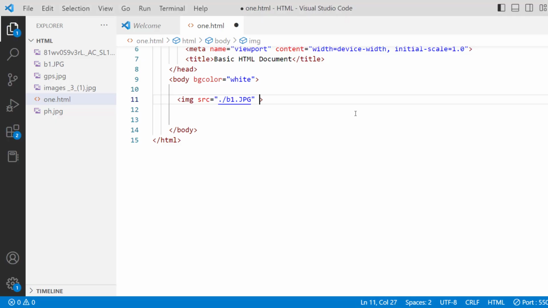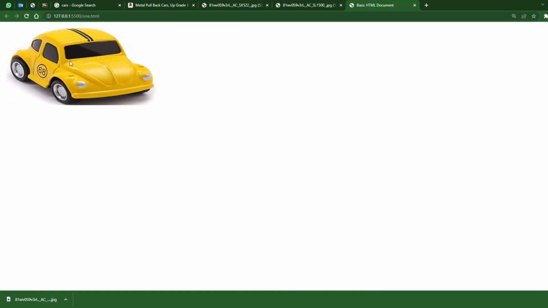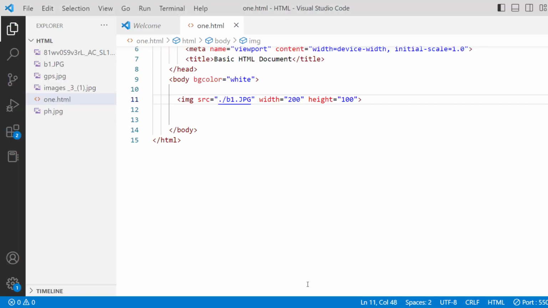So for that we are going to use the second attribute. Let's make this one as 200 and this one as 100. Now you can see we have our car in a smaller size, right? Now one more attribute we have here,